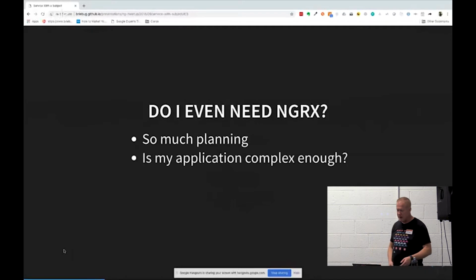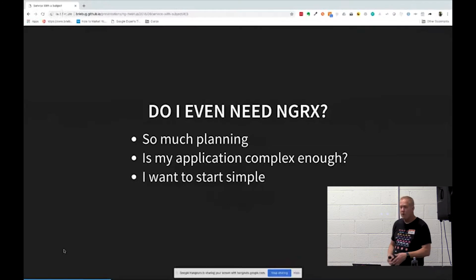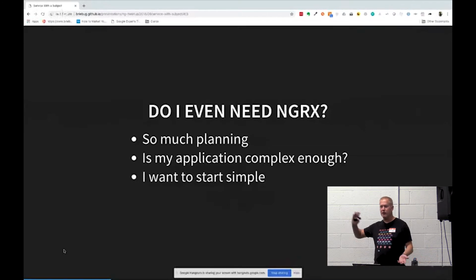There's so much planning involved. Actual application complexity comes up. It seems kind of simple right now. I know there are a couple of pages that have a little bit of complexity that I could use a little help with, but I'm not sure I'm really at the point where I'm ready to bite the bullet with NgRx. And I want to start simple. When we kick off an application, we want to get going right now. Let's start building some stuff, see what we can produce, and start to get some feedback.